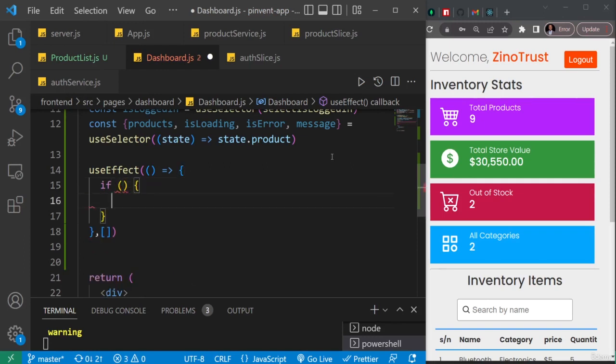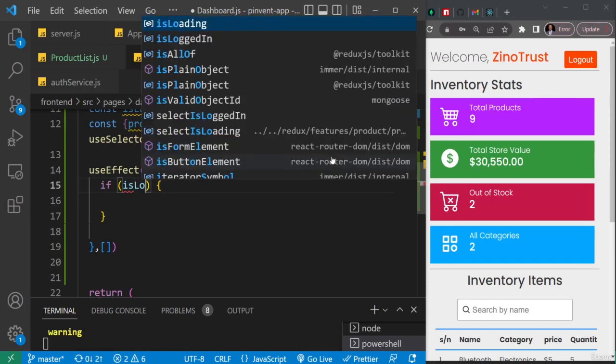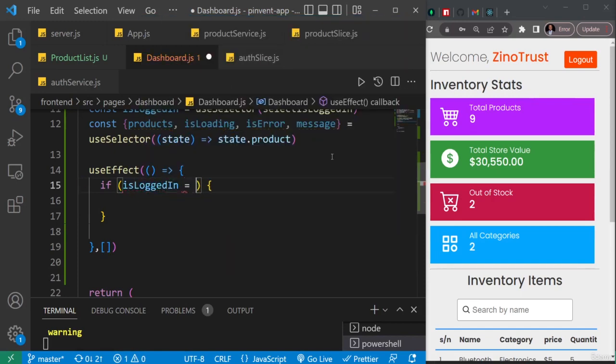Let's just open that up, and I'll say that if the user is logged in, so I'll say if isLoggedIn is equal to true, triple equals true, then it's only in this condition that I want to get the product. Now I've not imported that function to get the product, but I'll do that. So I'll just dispatch first,